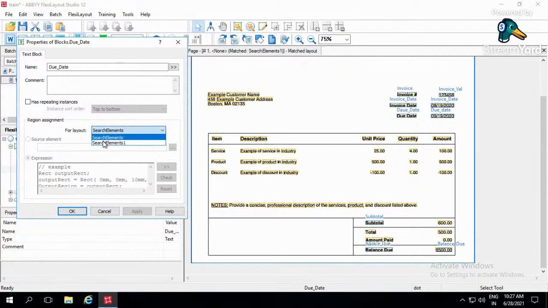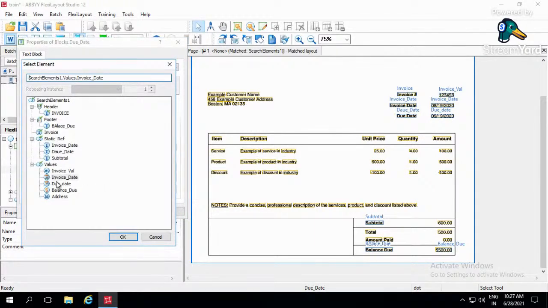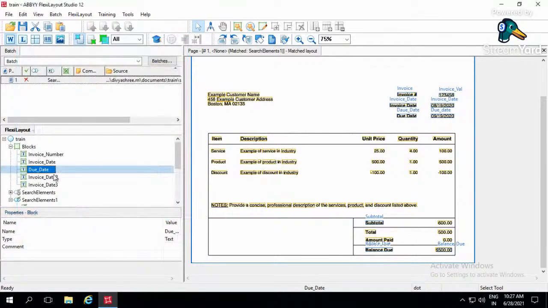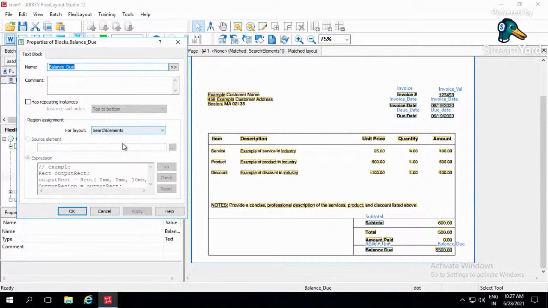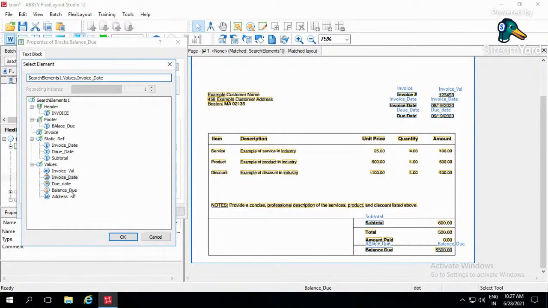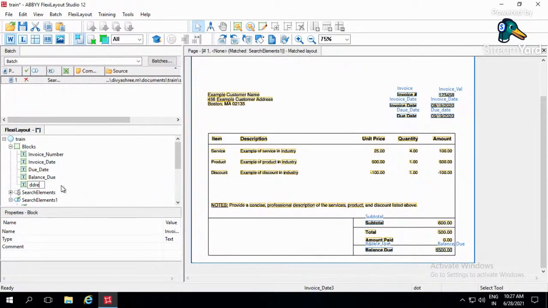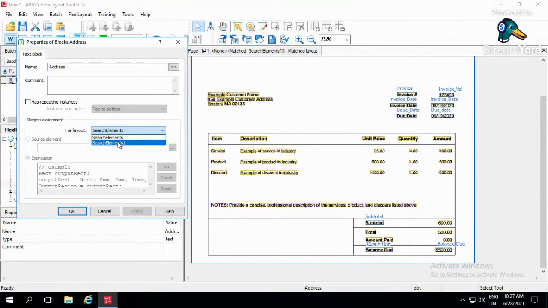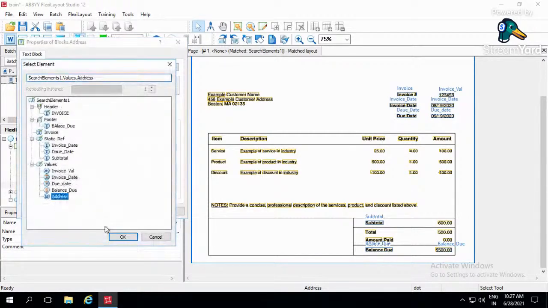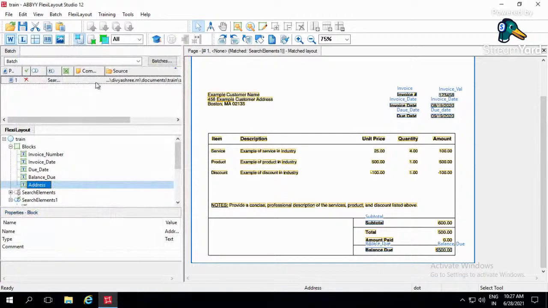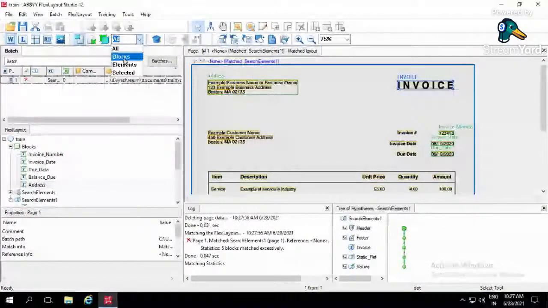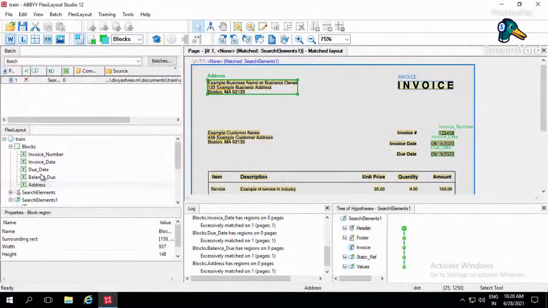next. I'm going to define the due date, apply, okay, save, and then the balance due, and then I'm picking the second layout and mapping it to the balance due, and then I'm going to pick the address, and then go ahead and make the changes for the address, and you can just select the address as a text value, apply, okay, and then Control E, and you will be seeing the output only these 5 elements you